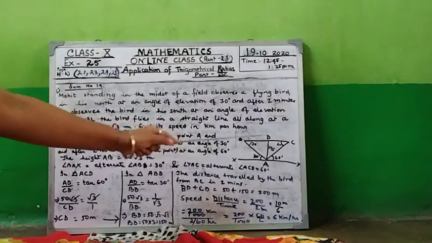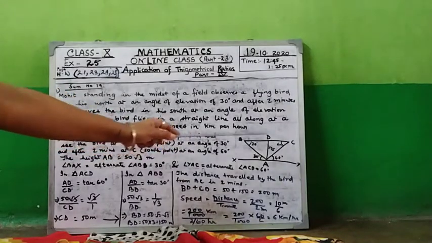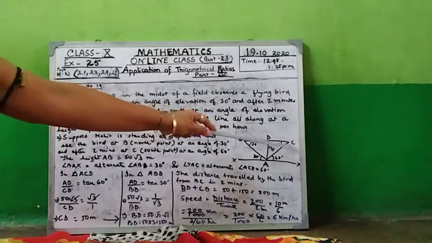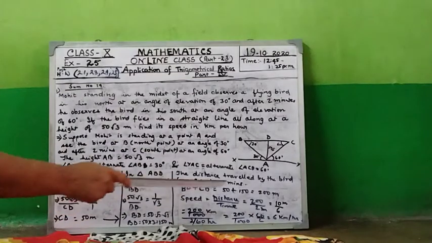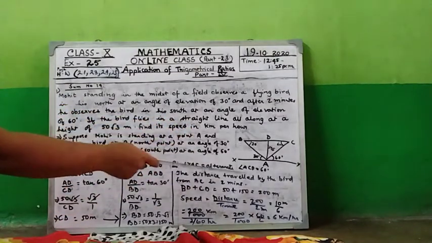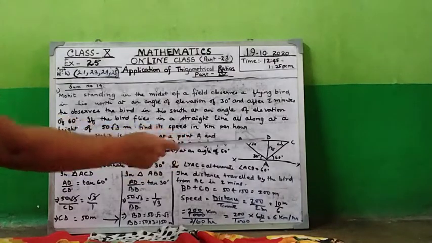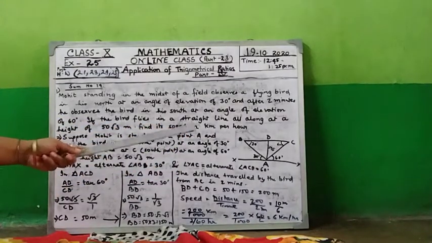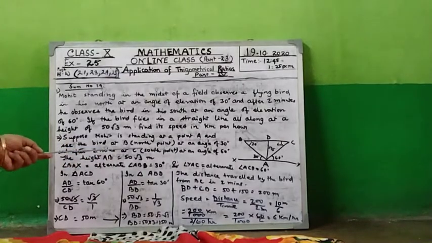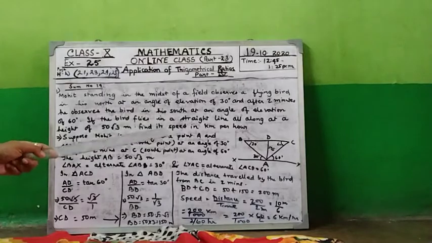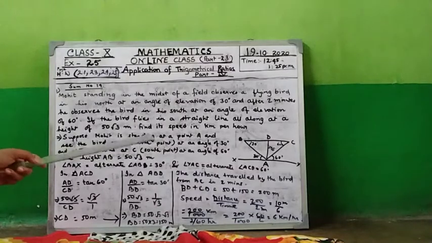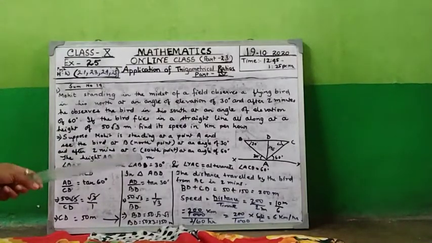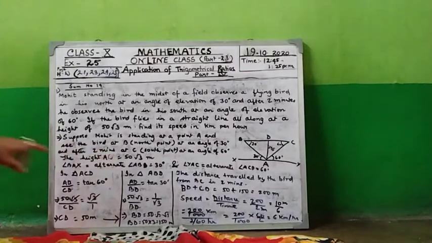This is Mohit, A, and this is the bird when in the north side, and this is the bird when it flew in 2 minutes to the south section, and the height it flew is 50√3 meter. So you can see two triangles have been formed, triangle ABD and triangle ADC. Suppose Mohit is standing at a point A and sees the bird at point B, that is the north point, at an angle of elevation of 30 degrees, and after 2 minutes at point C, that is the south point, at an angle of 60 degrees. The height of AD is equal to how much? That is equal to 50√3 meter.